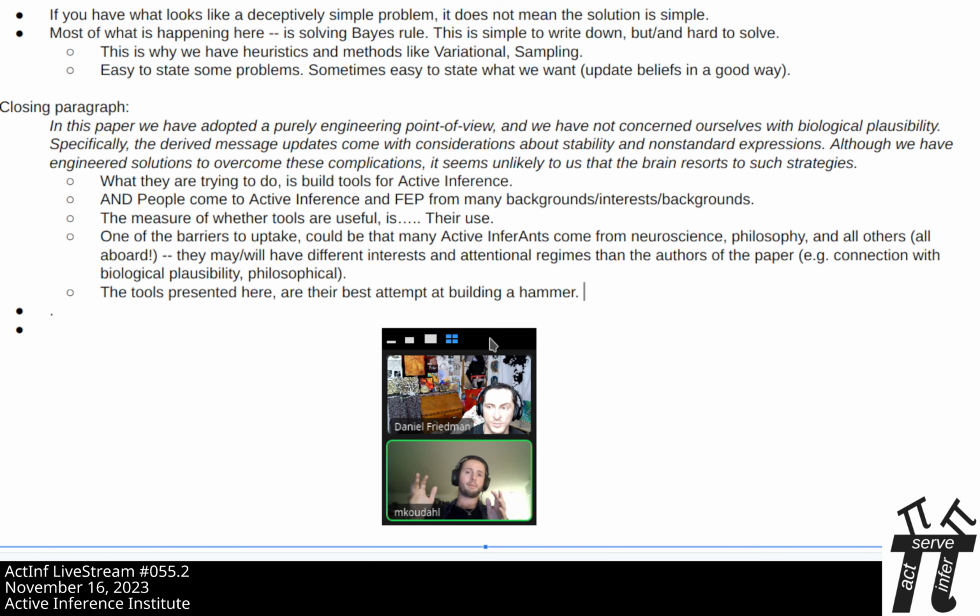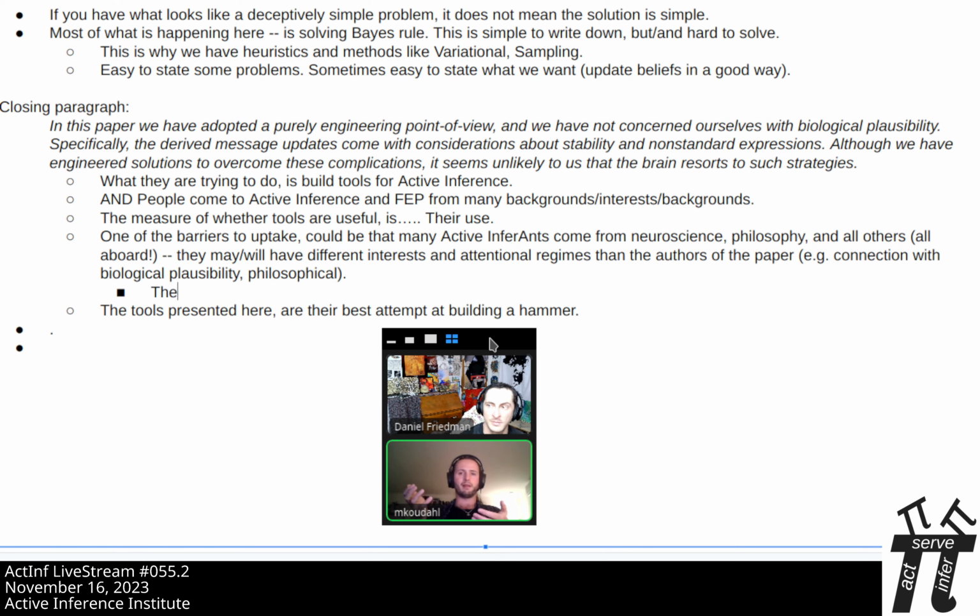So yeah, I think paradoxically one of the things that could hinder uptake and the impact of these papers is that the people for whom we're building tools might care about different things than what we provide with what we built. I.e., if you really, really want to use a screwdriver, it doesn't matter that we have the best hammer in the world. You still need a screwdriver.